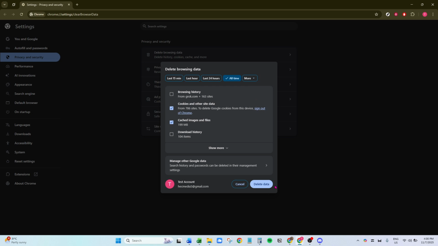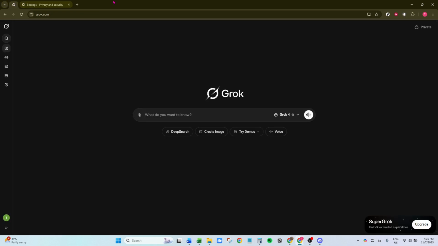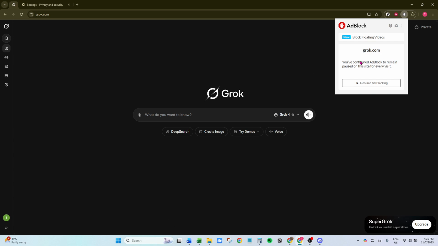Now, if you're using a VPN, ad blocker, or any browser extensions, try disabling them temporarily as they can sometimes interfere with downloads. Go into the settings and switch them off to see if that makes a difference. If this solves the issue, you can consider adjusting the settings on your VPN or ad blocker to work more